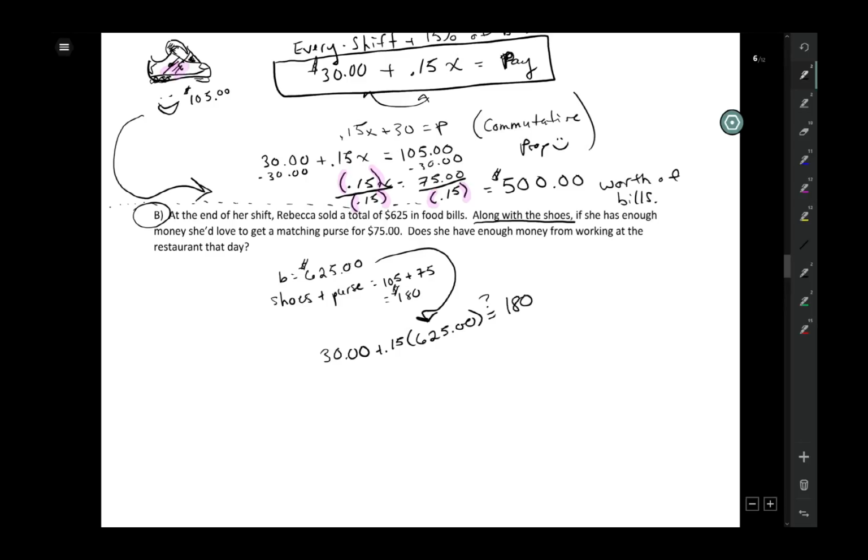Okay, so 15% times 625. Yes, I'm going to get my calculator out. 0.15 times 625, 93.75